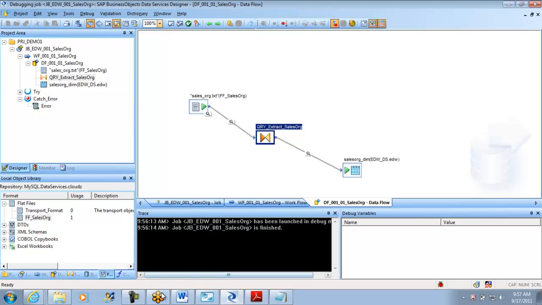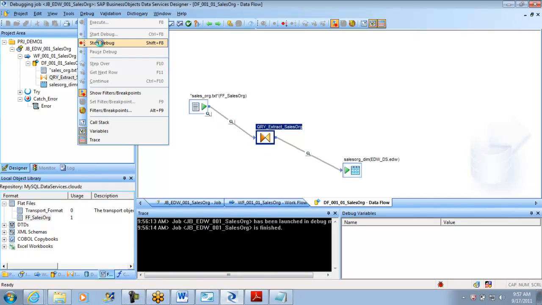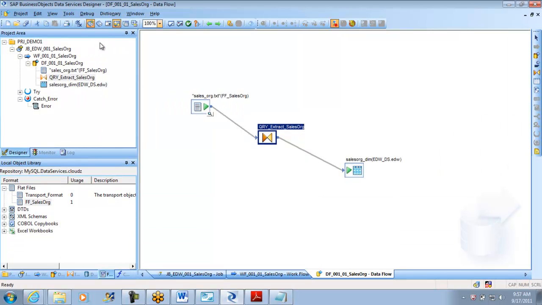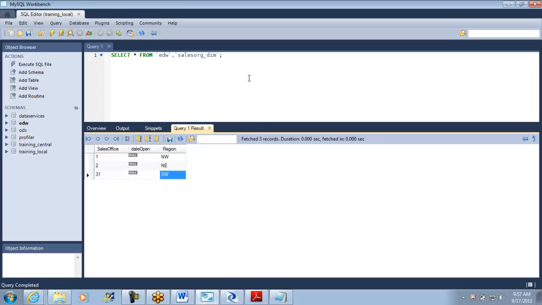But let us go and see what is actually in the data. In the debug mode, if you say stop debug, the job comes out of the debugger. Now it gets committed. Now let me go and see what the data is saying here. If I remember the command correctly, it should be F8 or